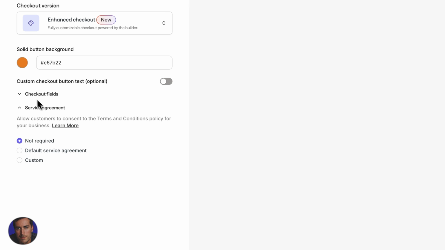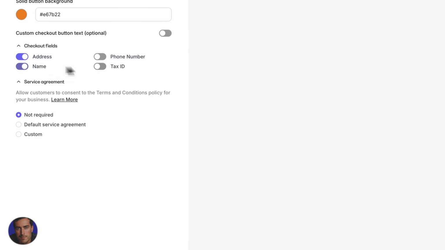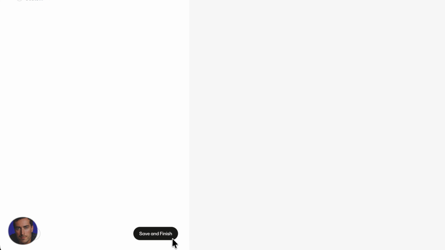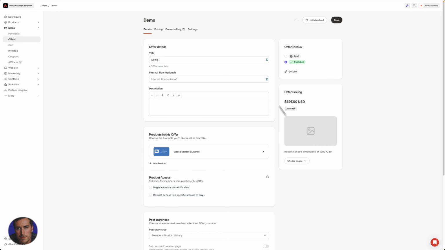We can click these drop downs here. So for checkout fields, you can start to add more of these. If you want an address in there, you want a name, maybe a phone number and a tax ID, so you can start to flesh this out. We've also got the service agreement, so you can choose to add that in there as well. I'm just going with not required right now. So now we click on save and finish, and Kajabi will work its magic,